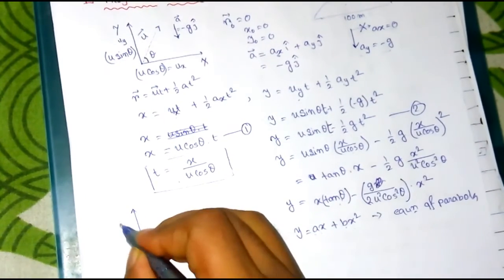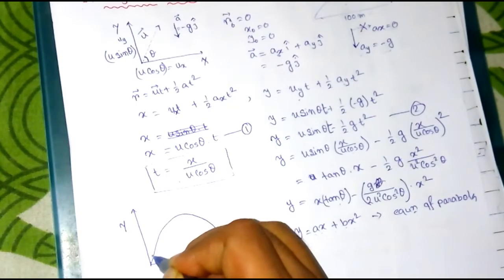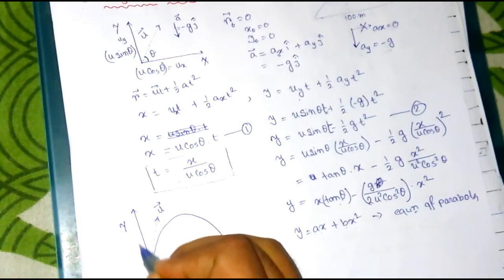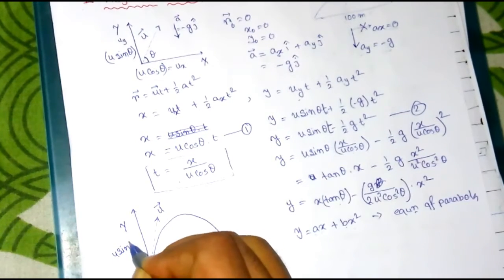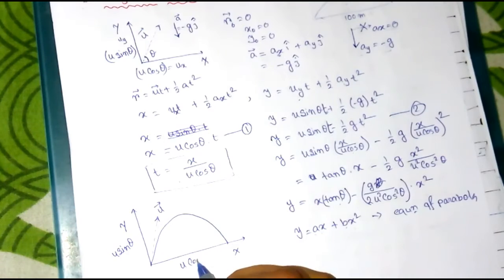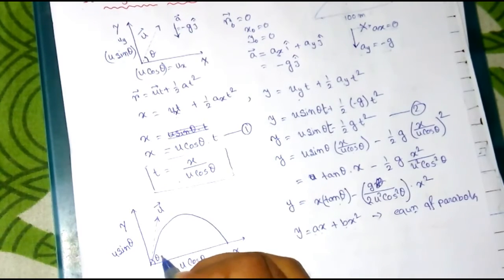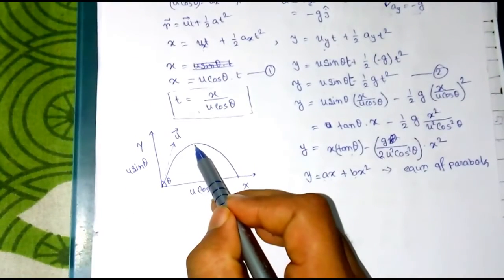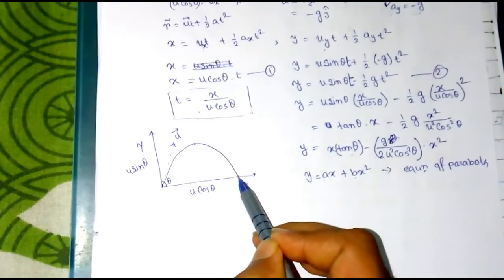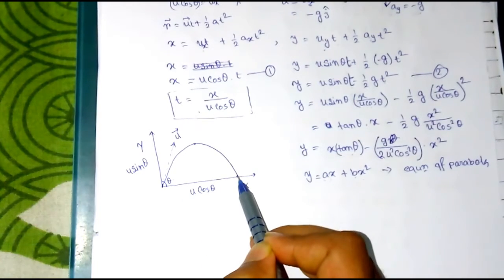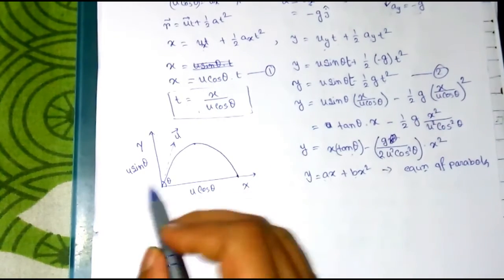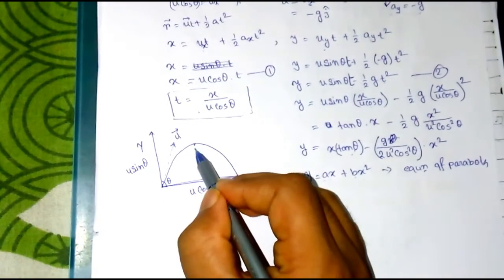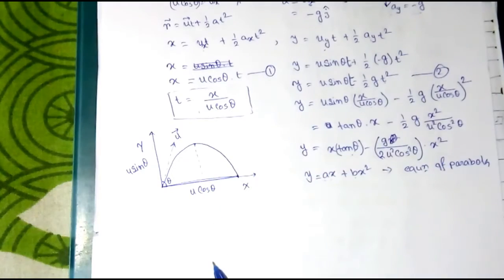So if you throw an object in this direction with the initial velocity u at the angle theta, with the vertical component u sin theta and the horizontal component u cos theta, it looks like this. It reaches a maximum height after some time and then falls again to the ground. So it has some horizontal range, and it has some maximum height.